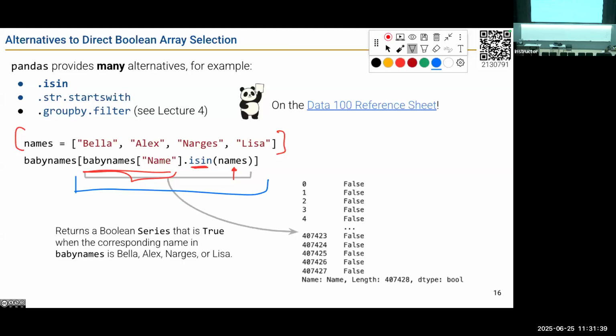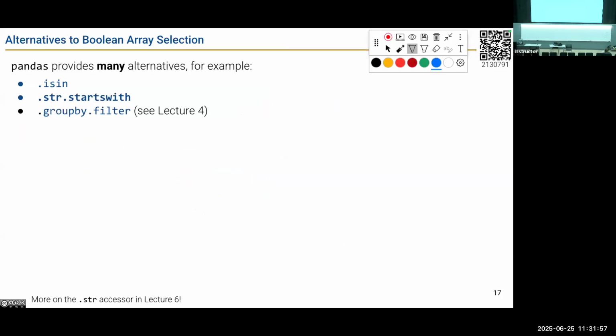Okay? So if we look at this, most of these are false. Those 4 names, not super common, at least in the 10 rows we're looking at. Again, you might look at that output right there and think, oh, there must be a bug in my code, I'm getting all false. But just remember, we have a lot of rows that are obscured here. Something to keep in mind as you're working on data science projects. Okay, what about .str.startswith? So we're going to see more about this .str accessor in lecture 6 when we talk about regular expressions next week.